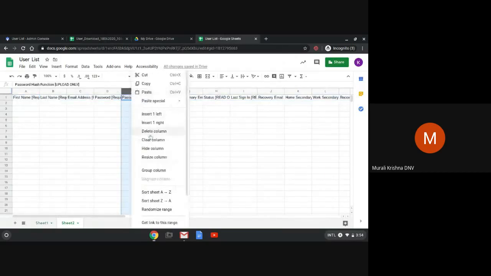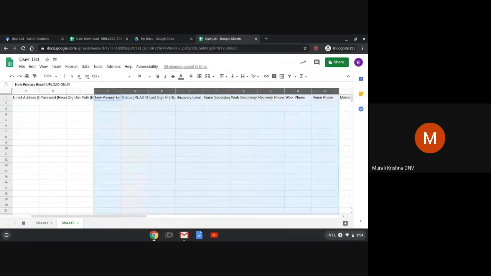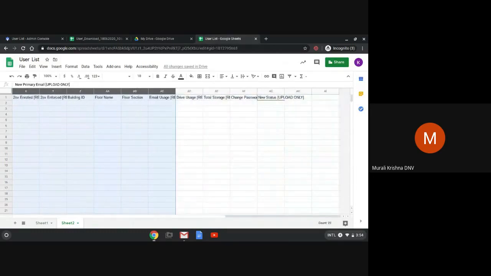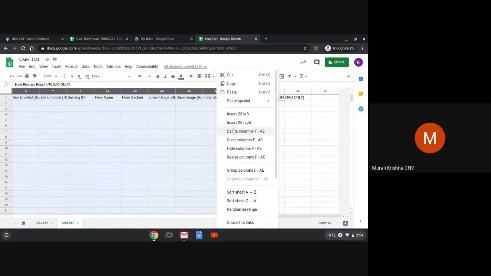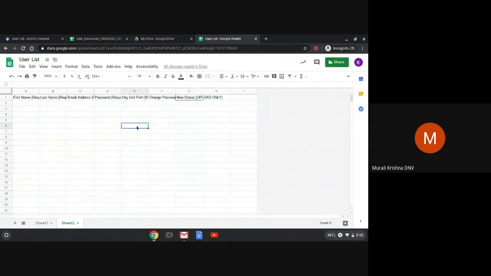Delete all other parts, all information which is not useful for us. I require this change password at next sign-in field. I don't want this one, so I'm clicking on it and deleting it. These are the things that are required.